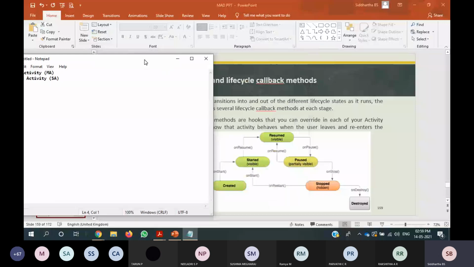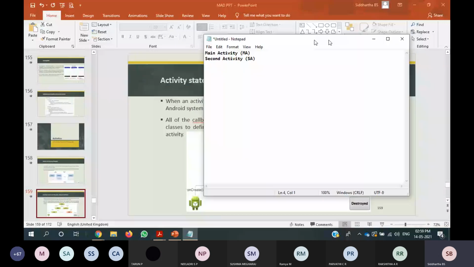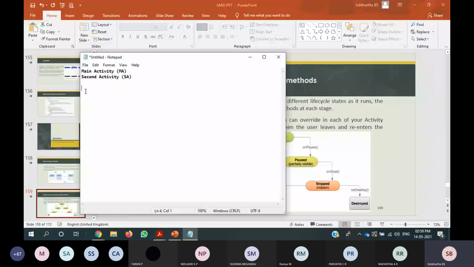As soon as you click on the application, what are all the methods you are going to call? First one is the main activity. From the main activity, you are going to call the onCreate method. Then in the main activity, the next method called will be onStart. Then the main activity onResume. It means that your main activity is ready to use and interact with the user.